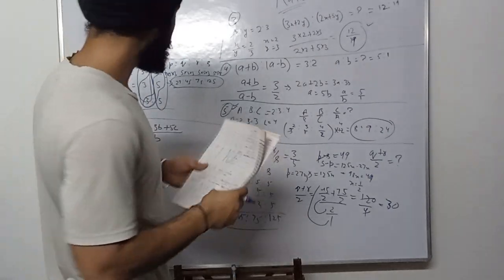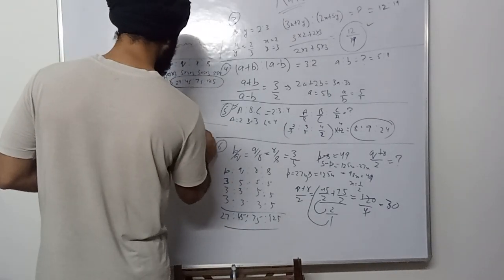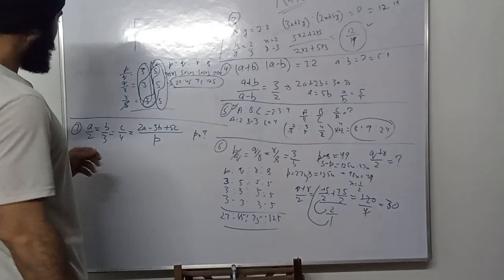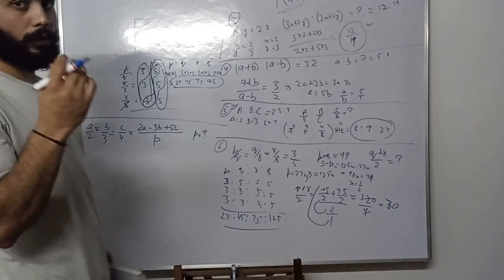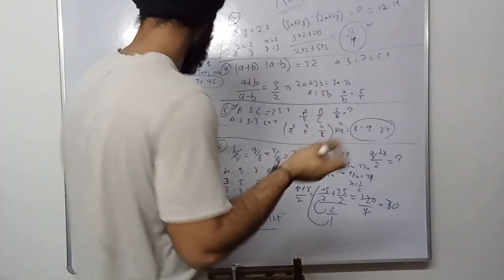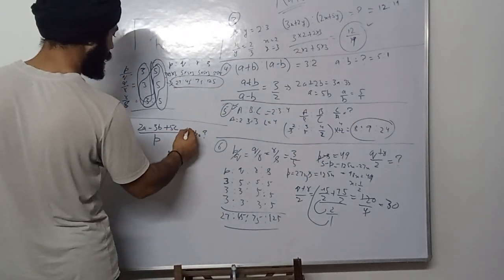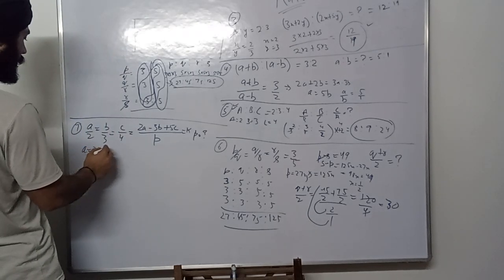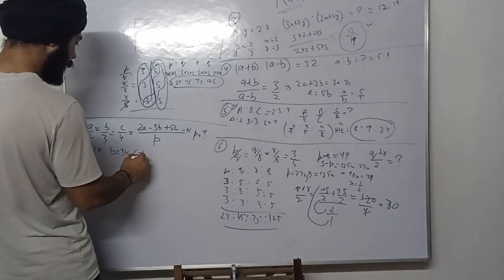Non-zero real numbers means they are positive numbers. Then the value of P. To find the value of P, we need to find the values of A, B and C, so we can let these equal K also. So A is equal to 2K, B is equal to 3K, C is equal to 4K,